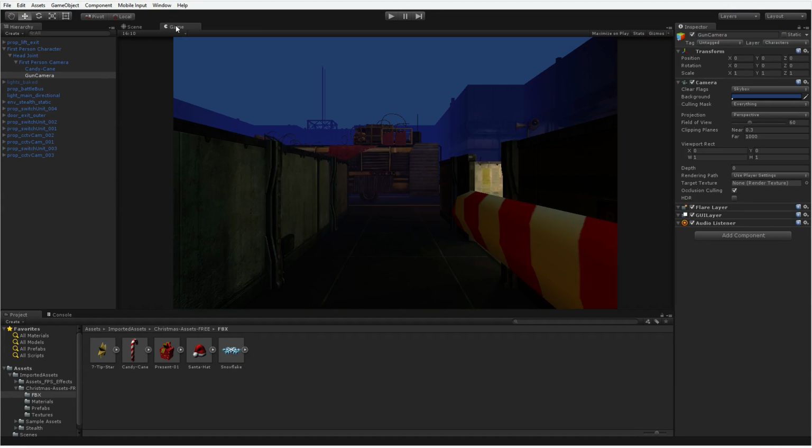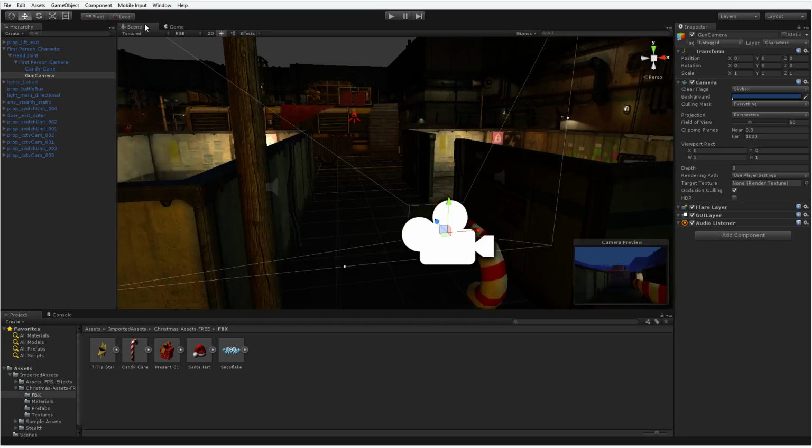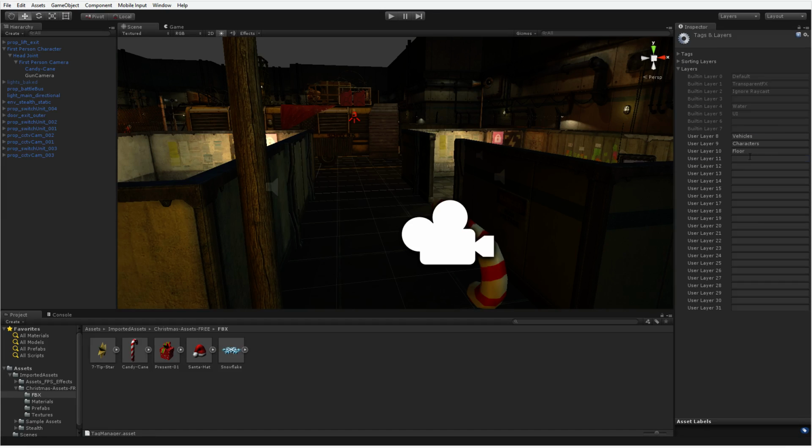If I go to my game view, I can see the gun camera now. We can tell due to the color of the sky, the gun camera is overwriting my other camera here. So let's fix this real quick. I'm going to start by going to layer and adding a new layer, because I want a layer specifically for my gun, and I don't really have an adequate layer right now. So I'm going to click add layer, and my layer is going to be gun. It's going to be layer 11, which will actually be important later.